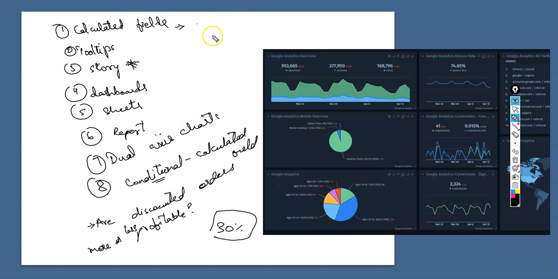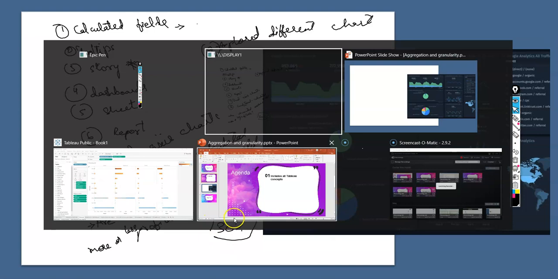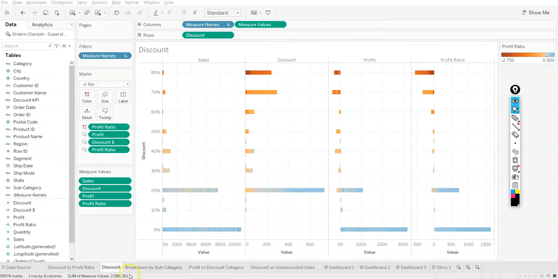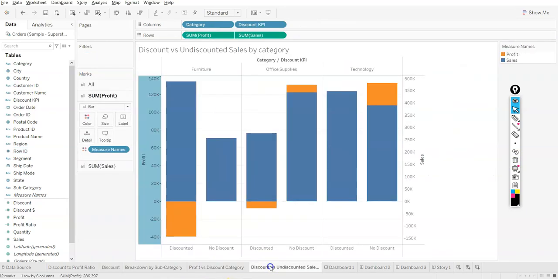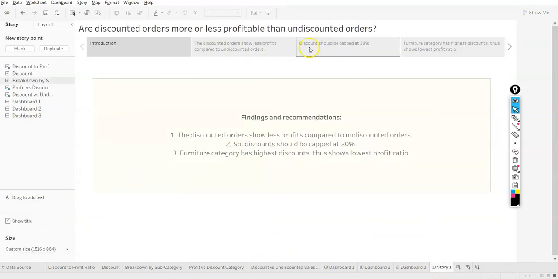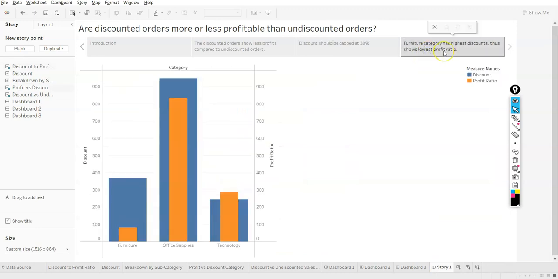We explored different charts, right? So what did we do? All in all, we almost did all that we learned throughout all the videos, right? Okay, so let's go back to this and let's see if we missed anything, right? We did not miss anything. We have done it all. Okay, so we have created stories, we have created a very good story, in fact, and we have created a